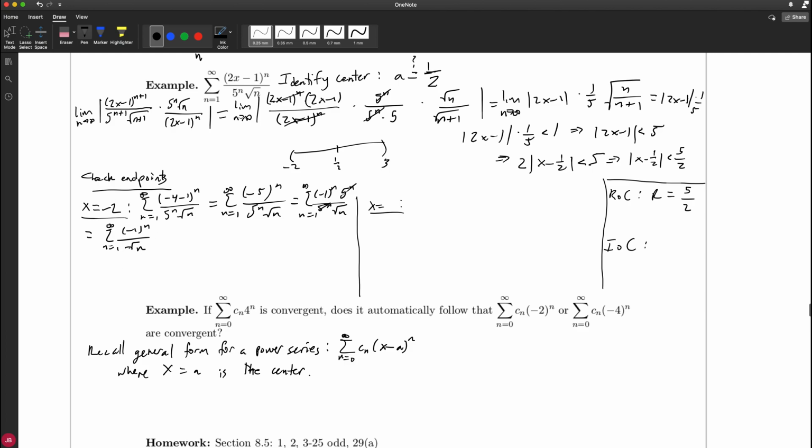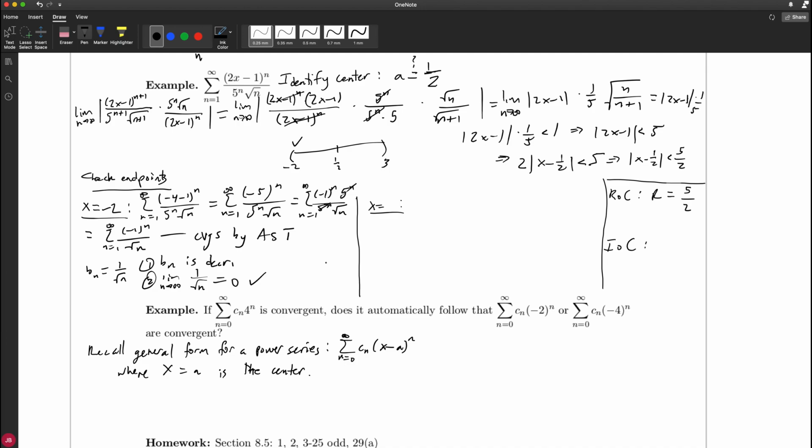Well, it's alternating, so the alternating series test is probably the right thing to do. Does Bn decrease? I think so. As n gets larger, these fractions are getting smaller. And is the limit as n goes to infinity of these Bn values equal to 0? Well, yes, right? So this converges by the alternating series test. And so I get a check mark